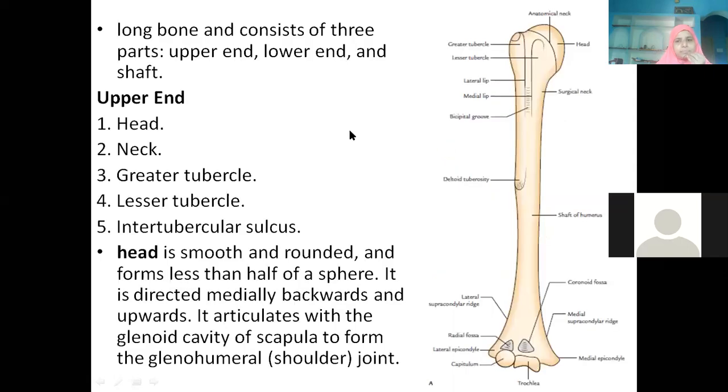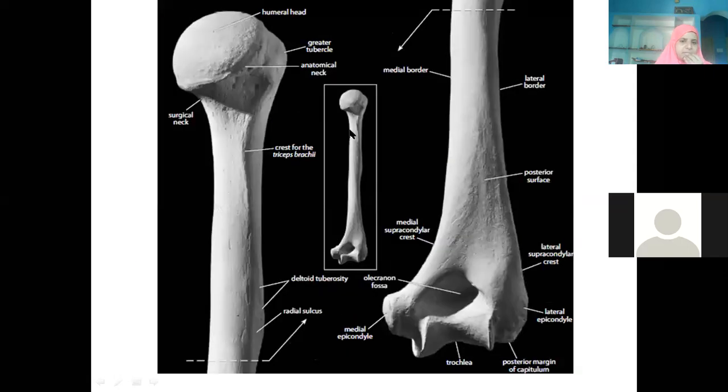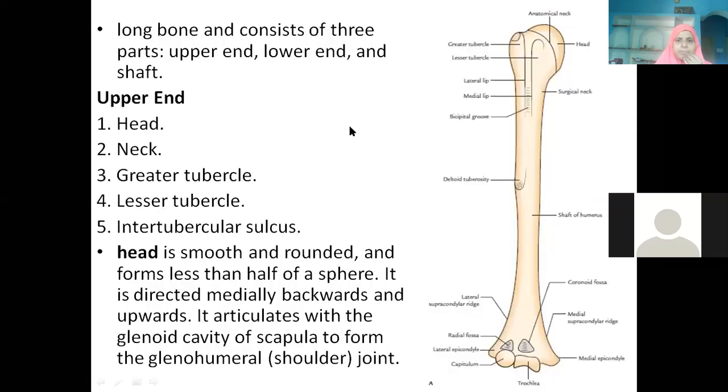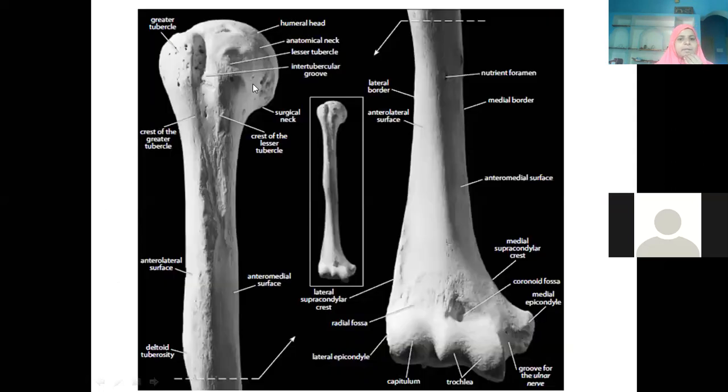Before I take you point-wise, I will try to show you the things diagrammatically. See, this is the head, this is a real bone-like picture. This is always the head, because the head is participating in the formation of which joint? Shoulder joint. Where is it articulating? With the glenoid cavity of the scapula, isn't it? So the head is covered with articular cartilage, also hyaline cartilage. And the immediate surrounding of the head you call the anatomical neck.